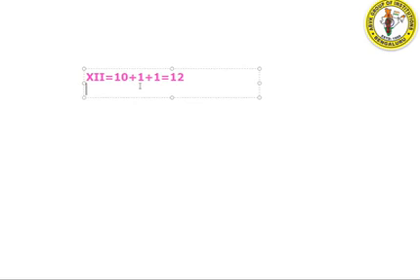Suppose I want to write 14. So how will you write? You know that X means 10. Now here, on the right side you have the numbers. If you write on the left side, here on the right side 5 is there and here 1 is the small number. So that means what you have to do is 5 minus 1. So 5 minus 1 means how much? 4. Okay, so 10 plus 4 is 14. Let us see another example.